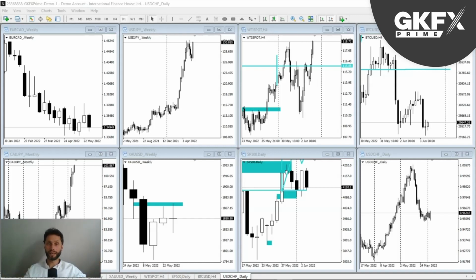So we've got NFP behind us, the first week of the month, and now we should see a little bit of volatility. We should see more clarity in the markets. Last week was a little bit here and there because it was NFP week, which tends to happen in the markets. But let's see how this week evolves, and I'll take you through some of the setups that I've found